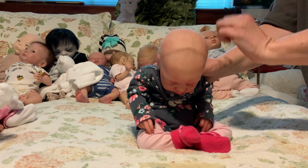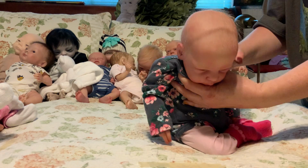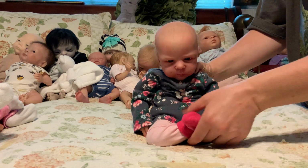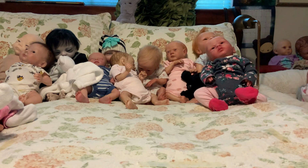And she has thinly rooted little blonde hair, like a little newborn. It might be thinned out a little from when it originally was, but I'm pretty careful with her. And then I have another Tiger Lily,